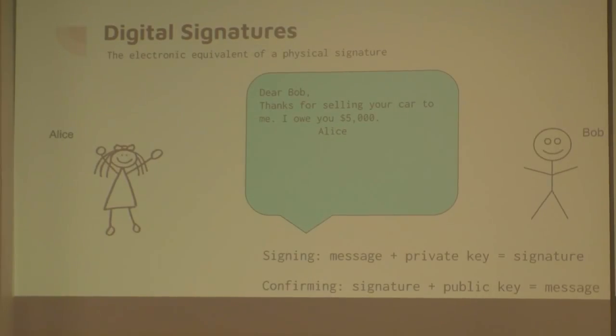She sends that in an email or a text, and Bob says, "Yeah, I don't really trust you. Like that's not good enough. An email or a text is not good enough. I need to be able to prove that you actually sent this to me. I need you to sign it." So what Alice does is she creates